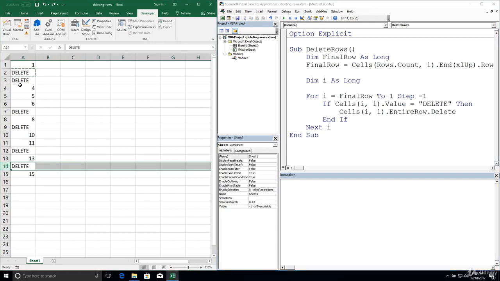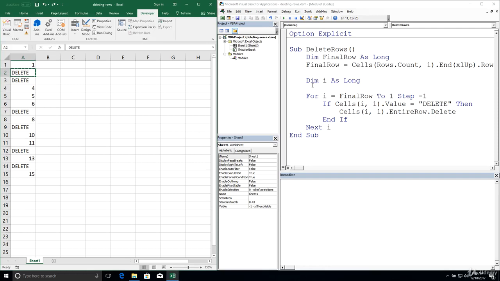And what's going to happen again when we get to cell number 3, or row number 3 rather, this is going to delete. It's not going to be a problem because 4 is going to move back up. We're not going to have any kind of issues. And then when we proceed to row 2, that process is going to repeat. And even if you have more than 2 deletes in a row, if we have as many as we want, we're not going to run into any problems.